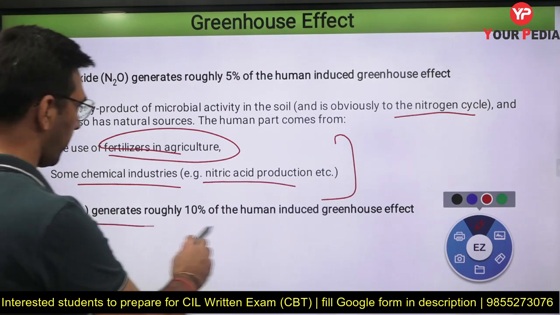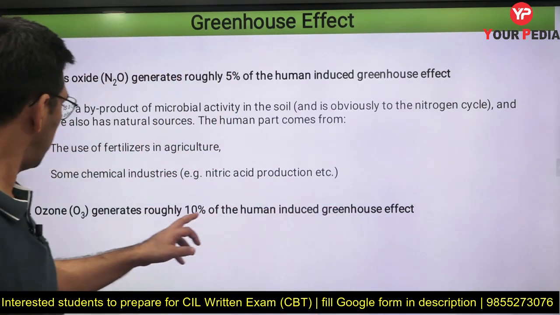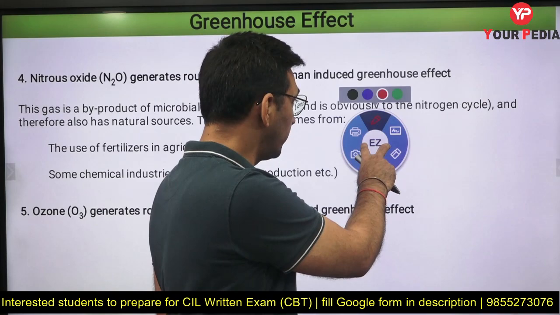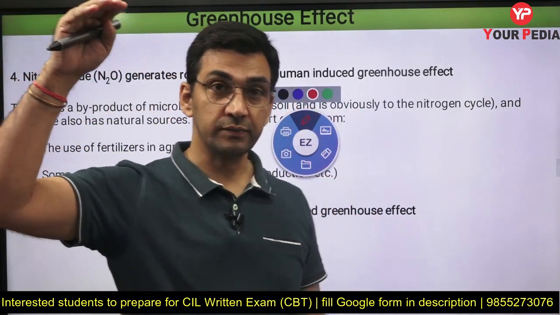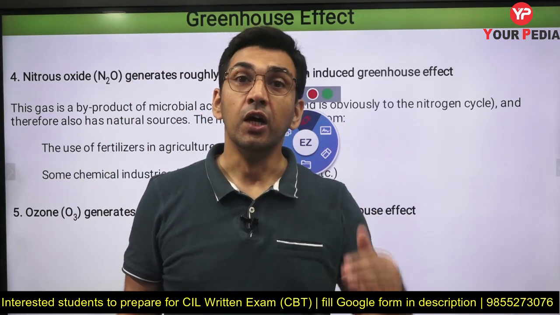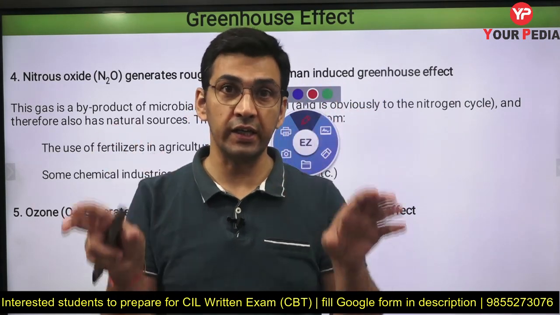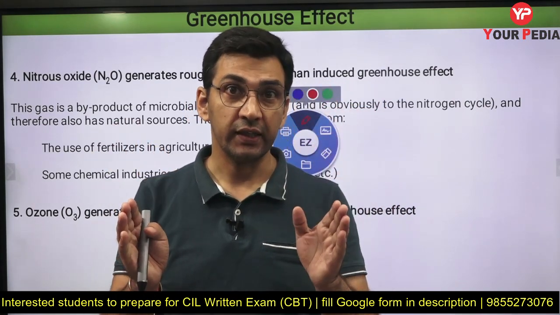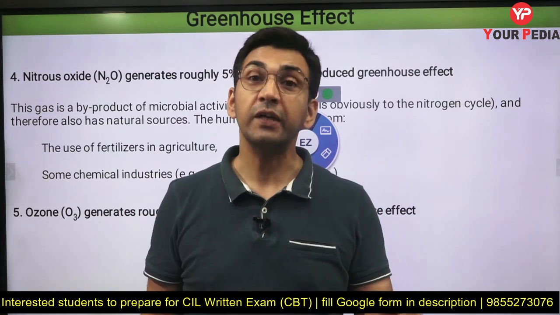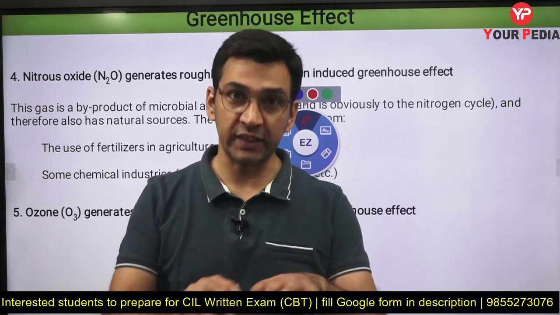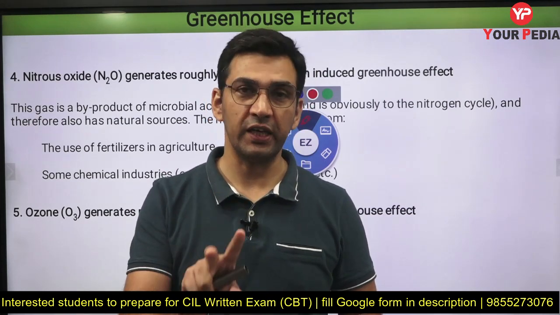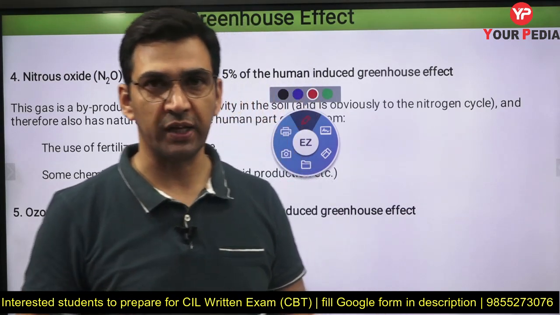And another greenhouse gas, just keep note of this, is ozone. Even though most of the ozone that we have is in the stratosphere, at a height of roughly 20 to 35 kilometers, most of the ozone in our atmosphere is present in that stratosphere, which blocks the UV radiation. But a small portion of ozone is also present in the lower atmosphere, and that ozone is also a greenhouse gas, because it behaves in the same way as other gases like carbon dioxide and methane.